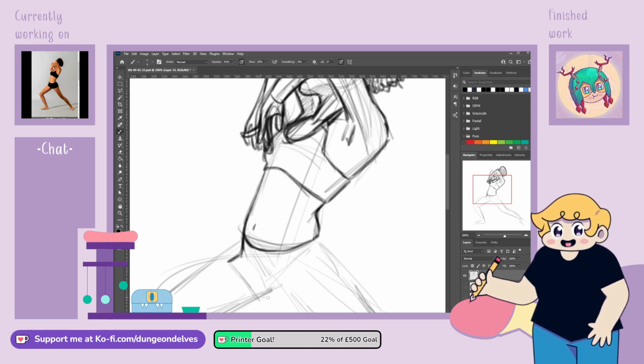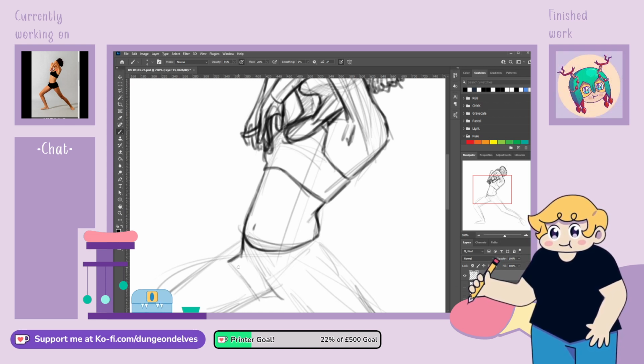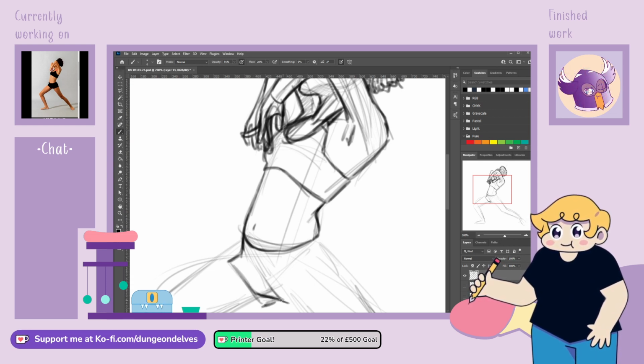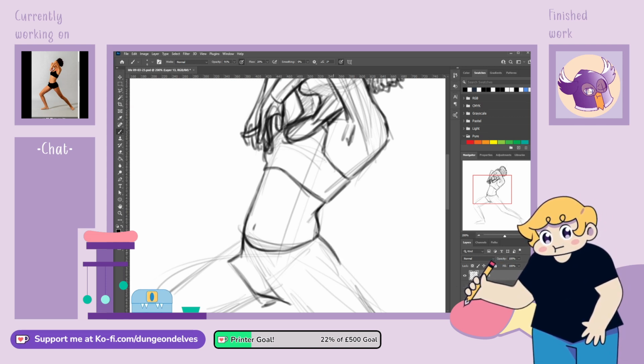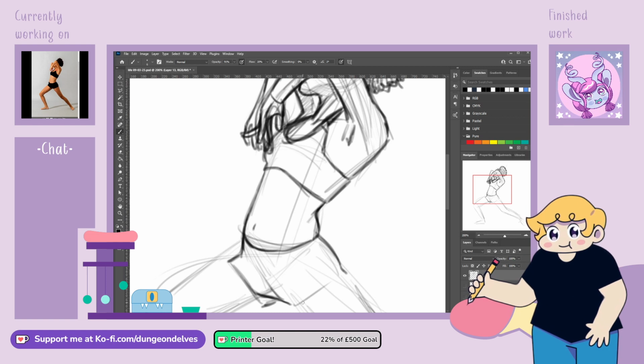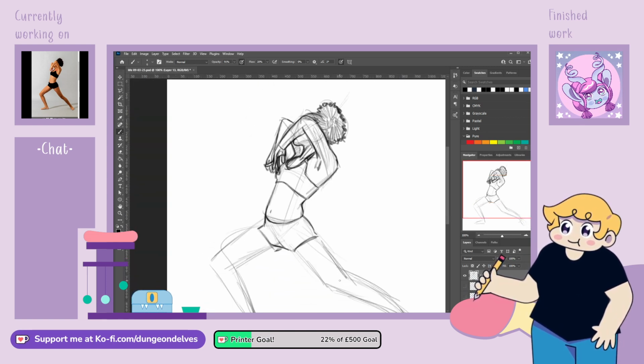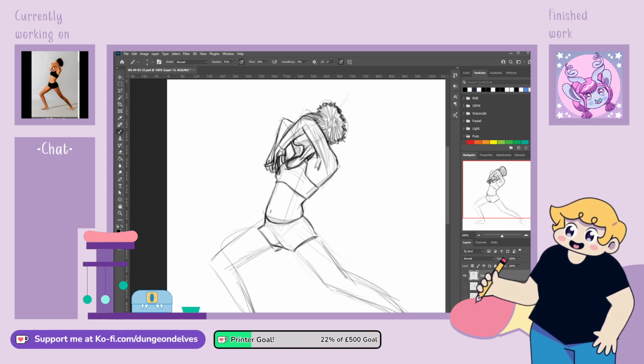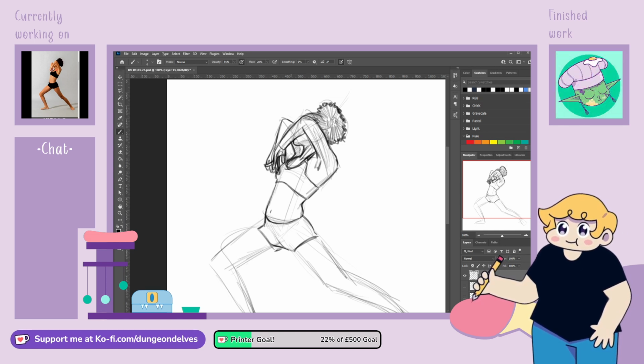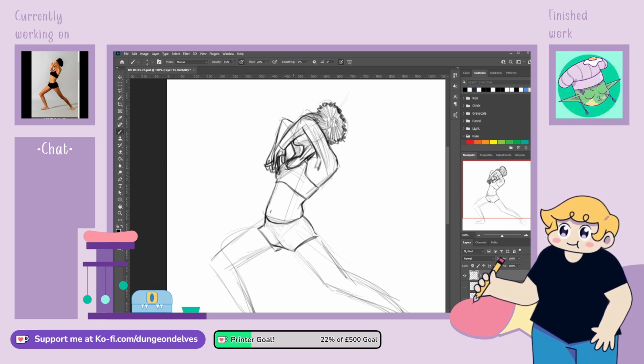And so we'll move that down. So that comes out like that. And then here, we have a butt. The other half of the leg there. Yeah, I'm happy with that, I think.